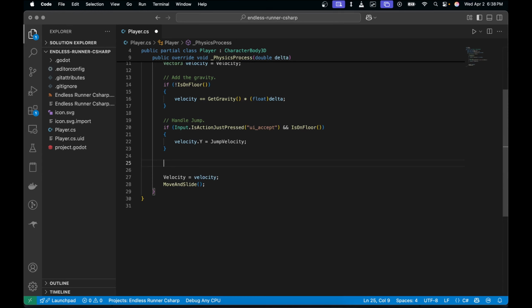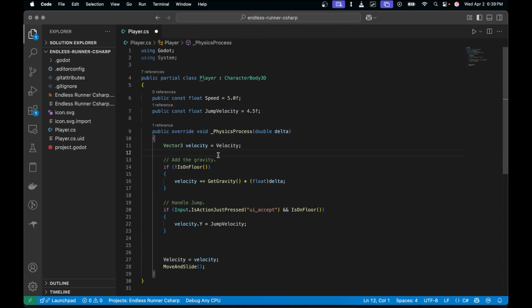So when a player wants to go between lanes, we need to basically segment our world up into those 3 lanes. We only want the player to move those 3 lanes. So since that is the case, we only need to have an array of lanes that the player can be in, and then we just need to keep track of which lane they are in. So I'm going to come up here